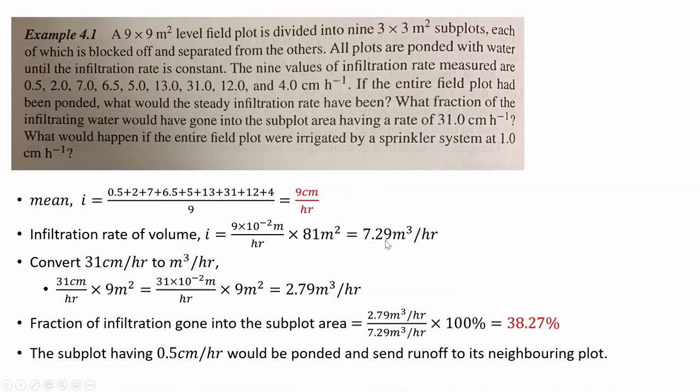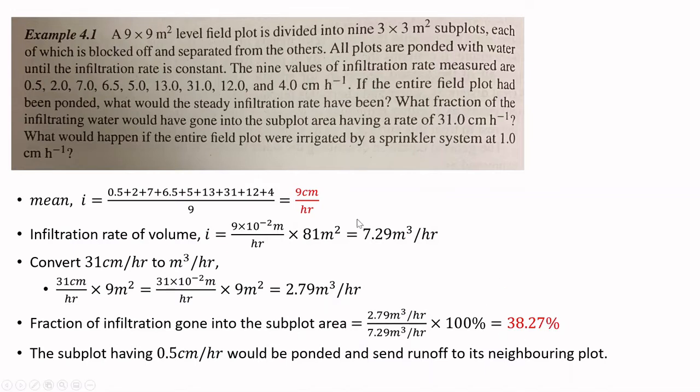We have 7.29 meters cube per hour for the total area, but for this particular subplot, we have 31 centimeter per hour, so we get 2.79 meters cube per hour. So 2.79 divided by 7.29, multiply by 100, and we get roughly 38.27%. So this 31 centimeter per hour infiltration rate is actually representing 38% of the total infiltration